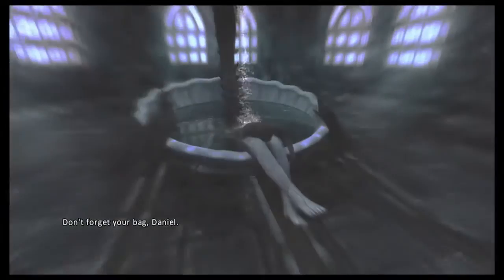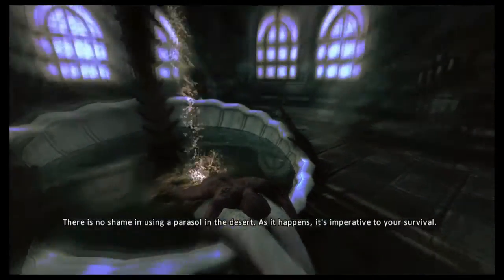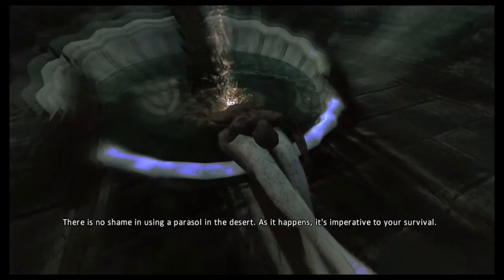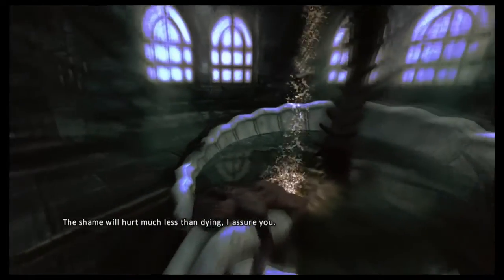Don't forget your bag, Daniel. I won't, Herbert. I There don't is know no where the shame was using a that. parasol in the desert. As it happens, it's imperative I've to never your been to this survival. area. It looks ridiculous. It says the The location shades is will near hurt much less than Hallucinogen dying, I Inc. assure building. It says there's a map marker for it, but I